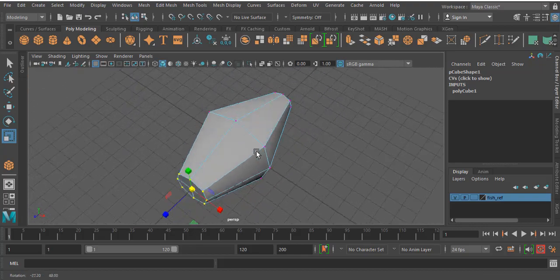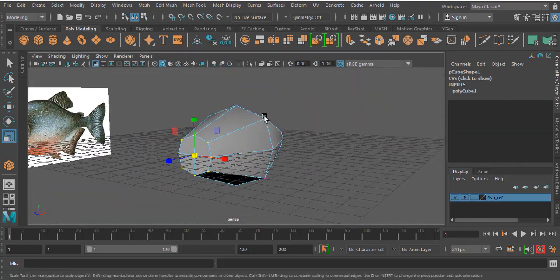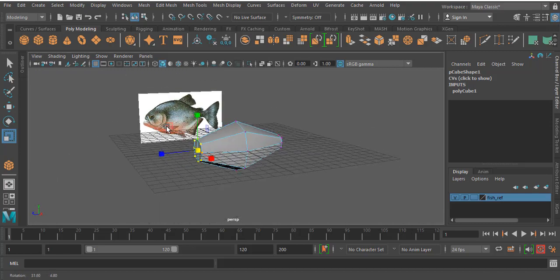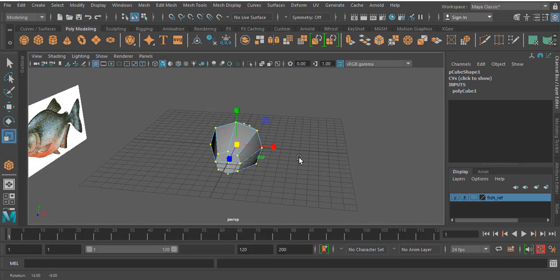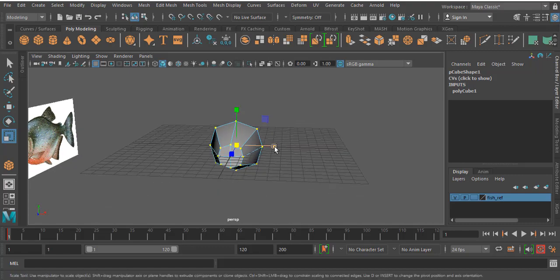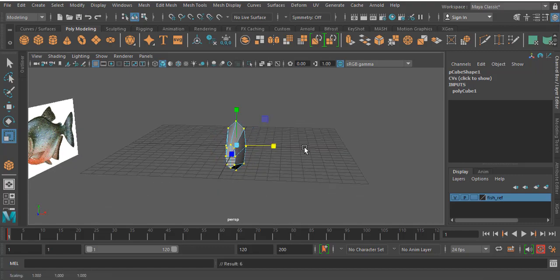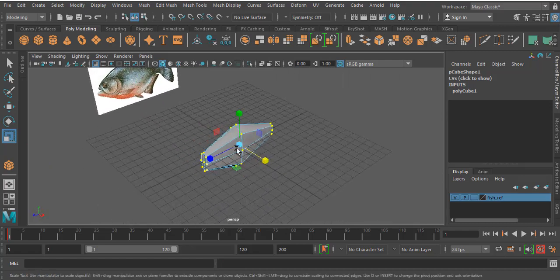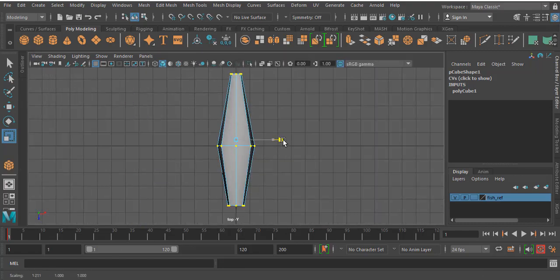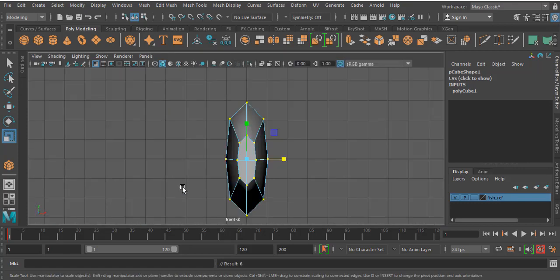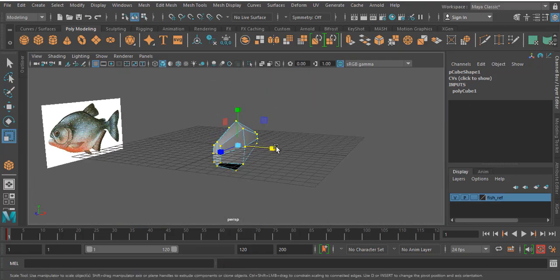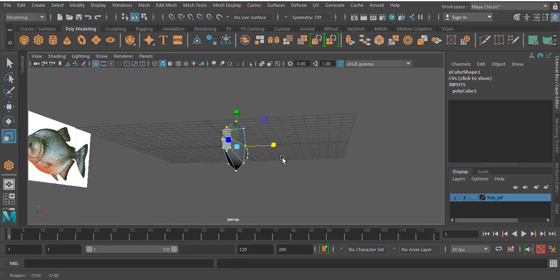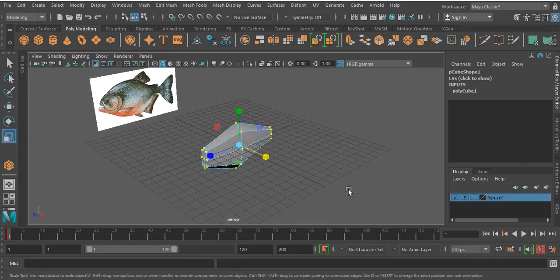See, this is not like a flattened mode. Like this fish, all of you know about the piranha fish, it is not like this kind of shape. So what I'm going to do is I'll select this entire set of vertices and scale like this. Okay, you can choose a reference like the top view and scale, or you can go to the front view and scale. So whichever mode is convenient for you, you can choose that mode. Okay, now I slightly scale this and flatten this.